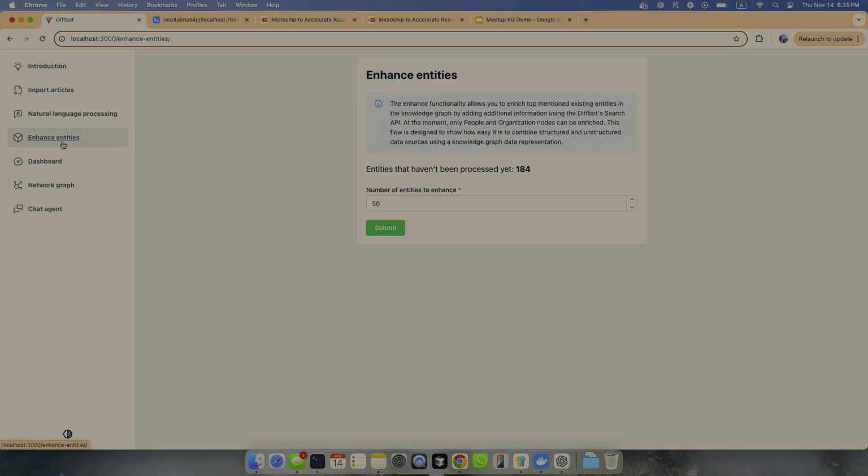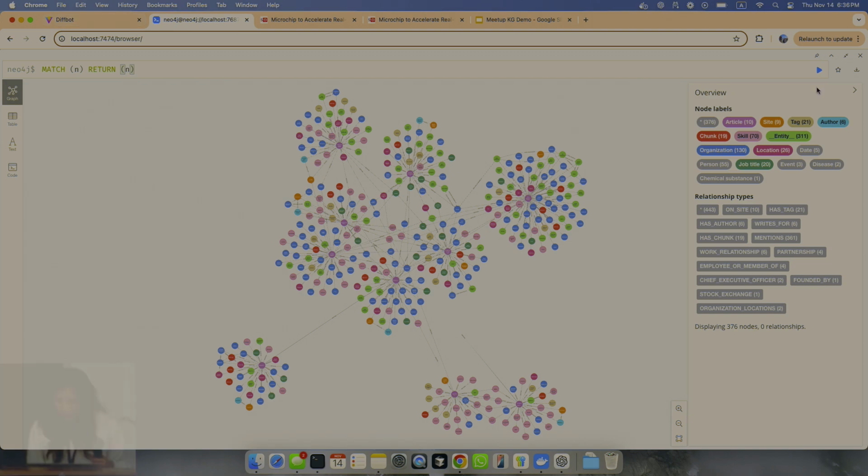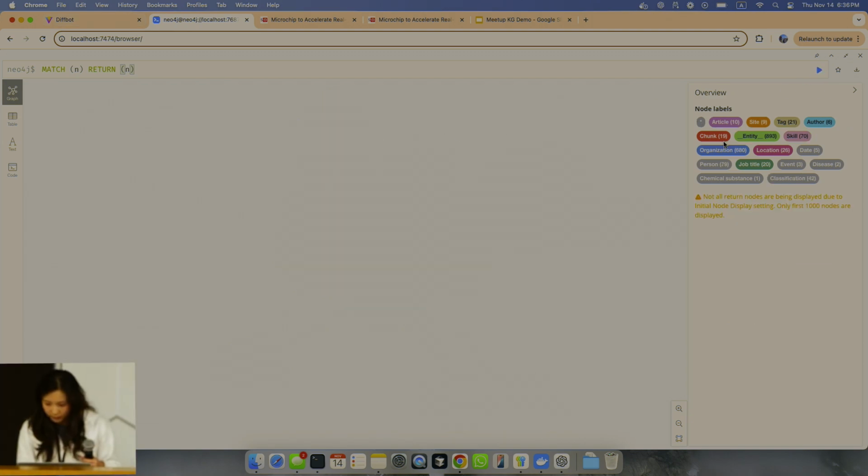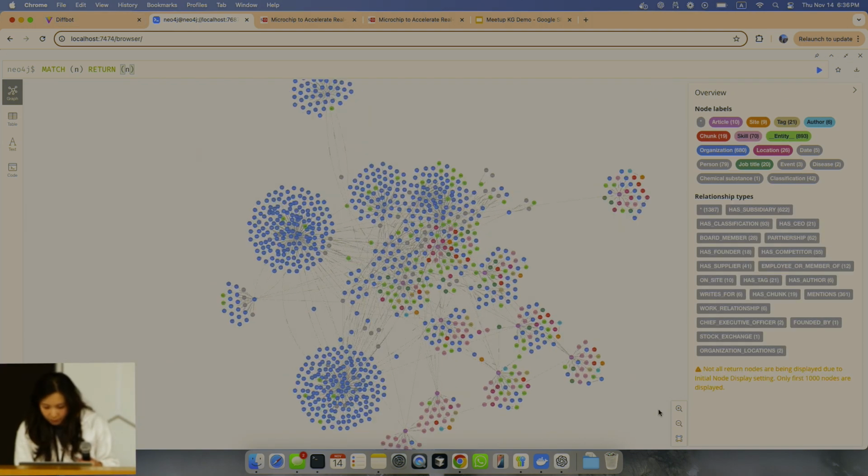So what I'm going to do here is enhance the entities. Originally we don't have any information about the entities, such as, I just saw Apple is also mentioned, or NVIDIA is also mentioned. But we want to know more comprehensive information about it. Okay, so this is a bigger graph.